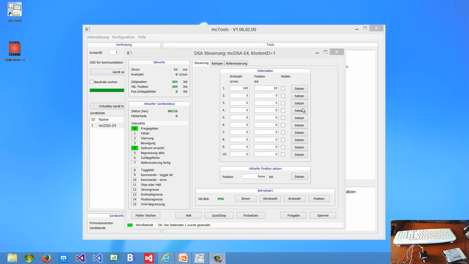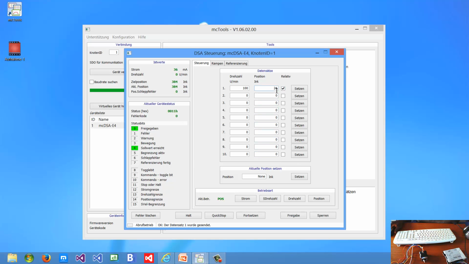Well, this time I would like to make something in the form of what you call relative movement. And to make relative movement, I just check this box. I already have the 24 steps, and I release it, then click to have 0 position, and if I click,